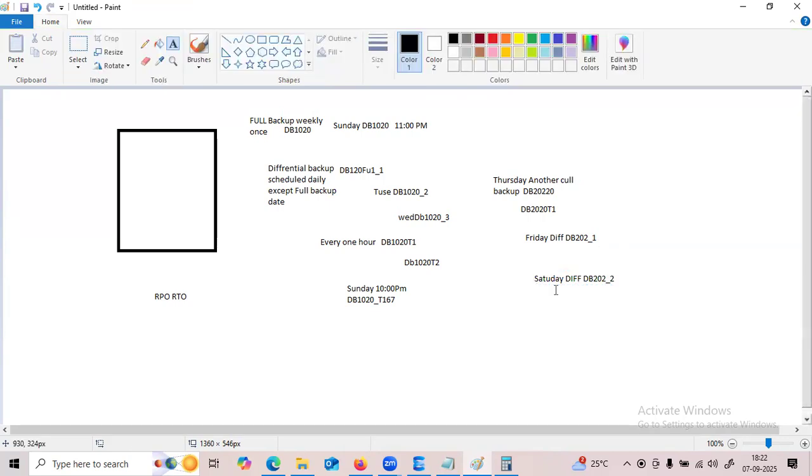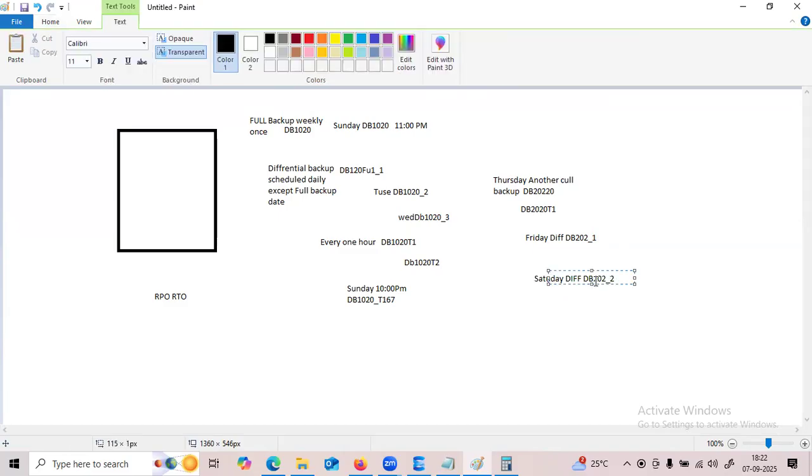If I want to restore this differential backup, I need its base backup. This differential's base backup is the Thursday manually taken backup, right? That is the base backup for Saturday.